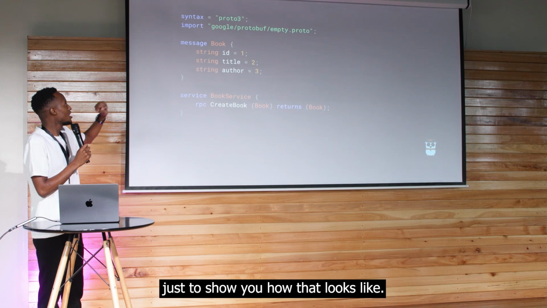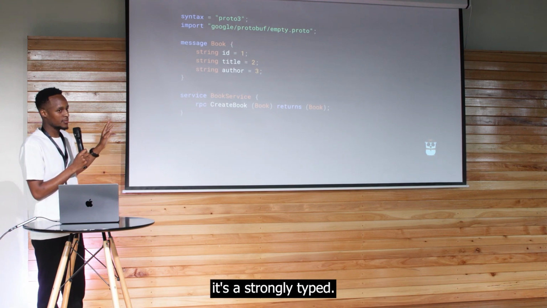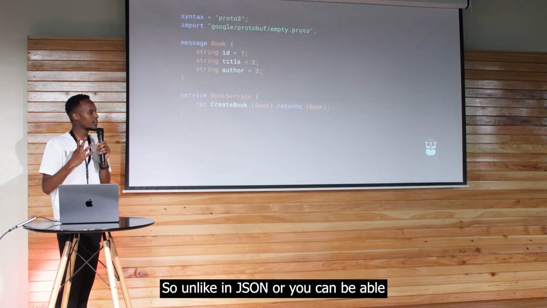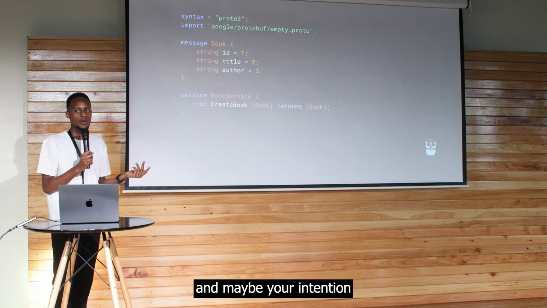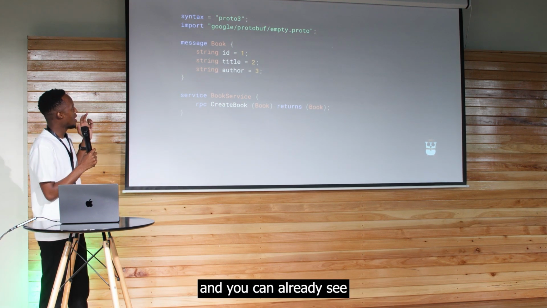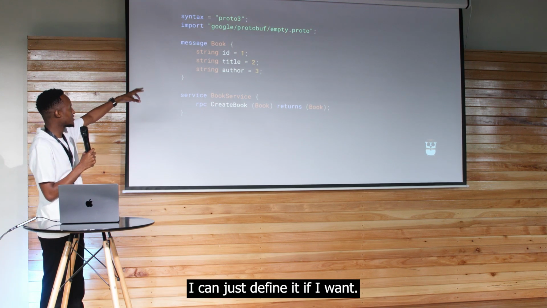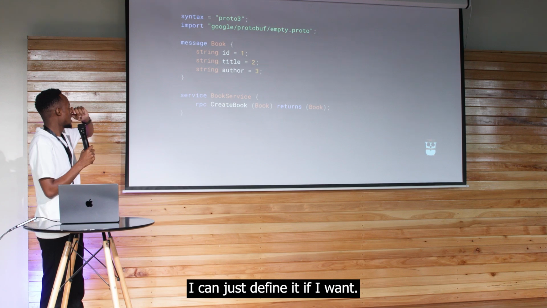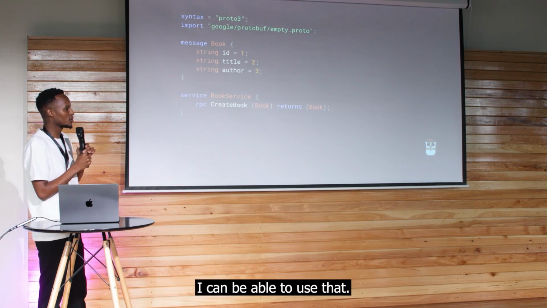So you can already see it's strongly typed. Unlike in JSON, where maybe you pass a string when your intention was to pass a number, you can already see how efficient this is. If I want the ID to be an integer, I can just define it. If I want any other type apart from a string, I can use that.